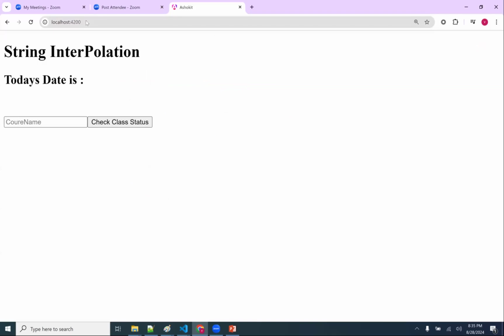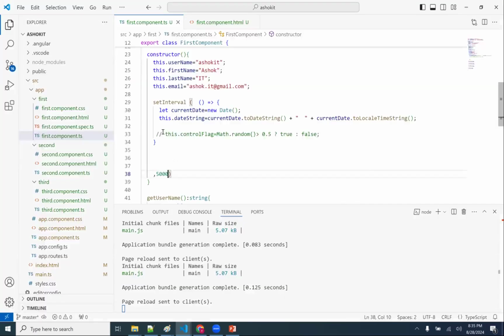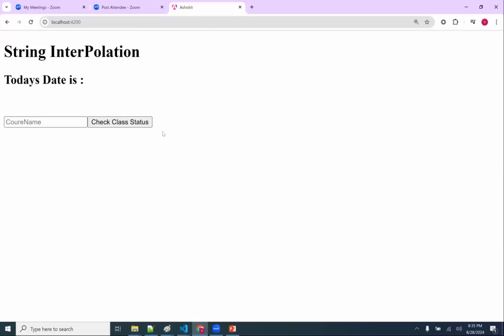Today's date is... after 5 seconds. Yeah, now nothing. You see after 5 seconds? I don't know what is the problem here. What did happen? I changed this. Now you see, guys, by default after 5 seconds,